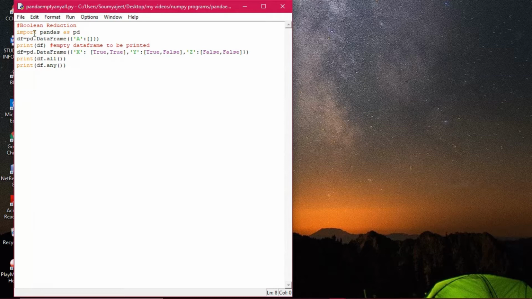So how you see out here it is given true and true, here it is also true, false and false. So what does empty say? This is an empty data frame. It will not show, you don't need to give the empty command with this. This is an empty data frame, which will be printed as it has been given in the remark. Next there is a data series which has been created as a data frame, and we are printing out here df.all. Now all says it returns true if all the elements in the series or in a data frame axis are non-zero, not empty, or not false.